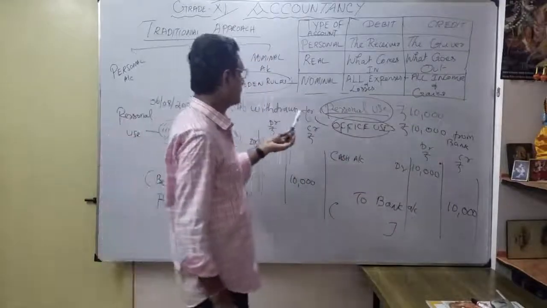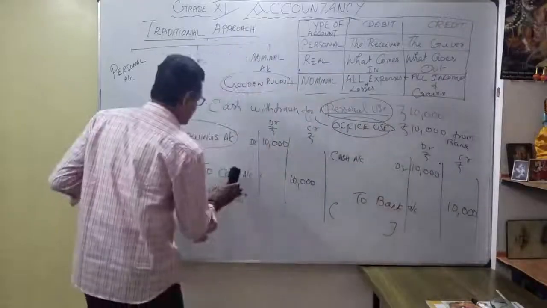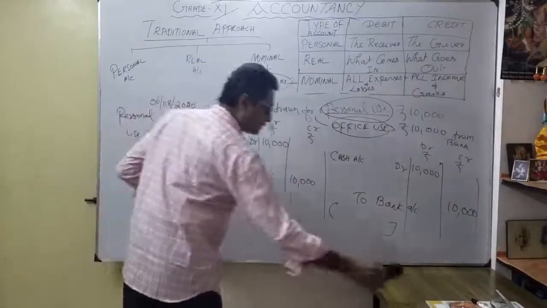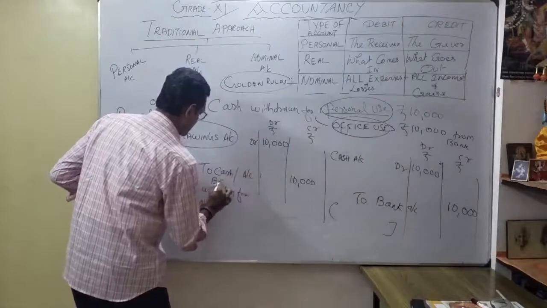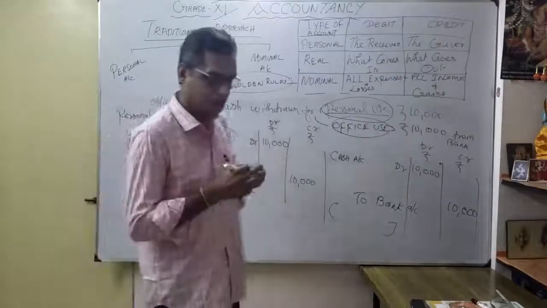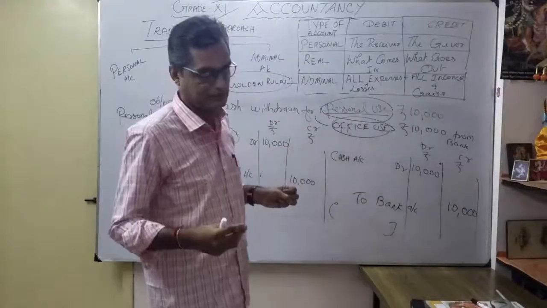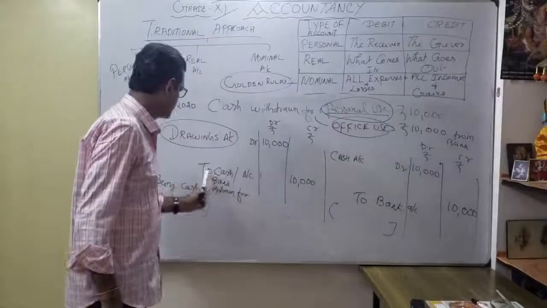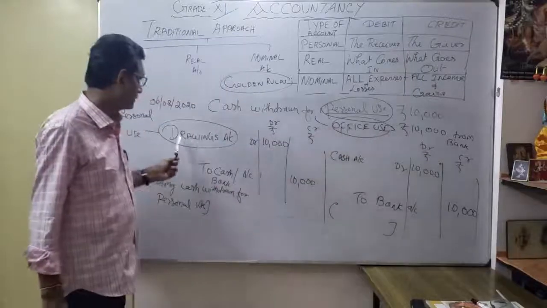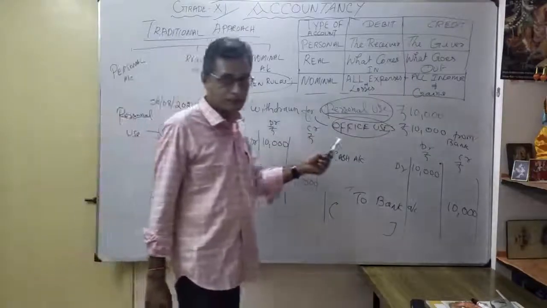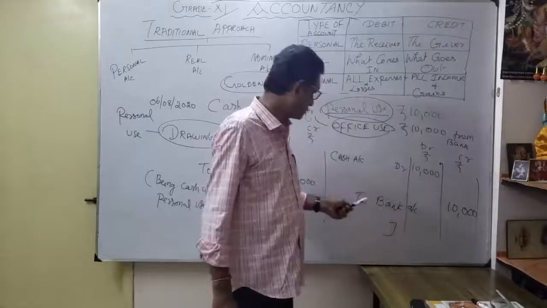In the same manner, see cash withdrawn for personal use, even from bank. Suppose from bank, what do you do? Here you change it: drawings account debit to bank. So that's what, cash or bank. Suppose cash is withdrawn for personal use, or from the bank for personal use, drawings account debit to bank account. Either way, you should be very careful for personal accounts. What should be debited? Drawings account. But here, for cash withdrawn for office use from bank, cash account should be debited.